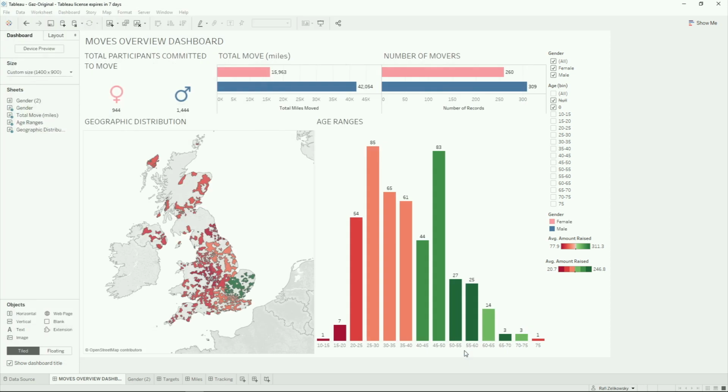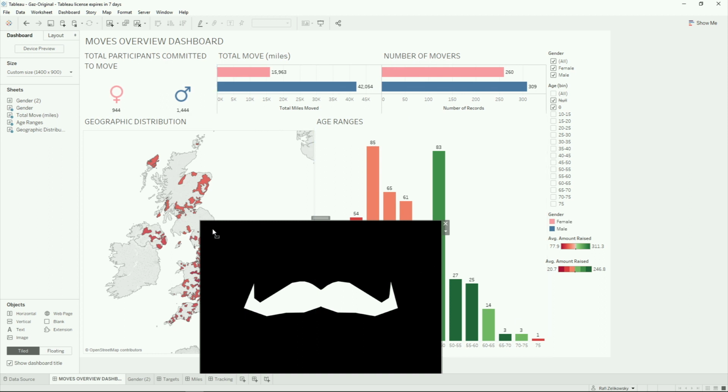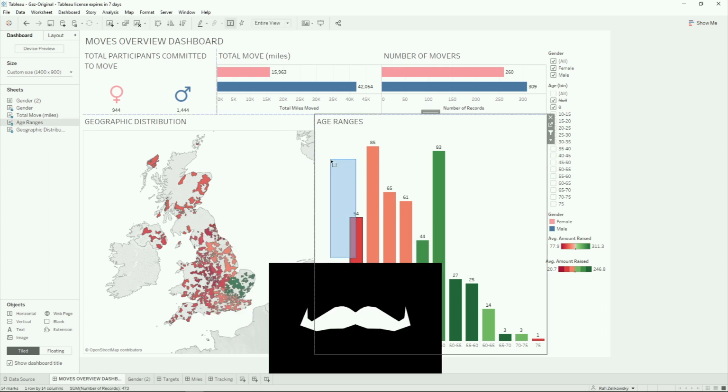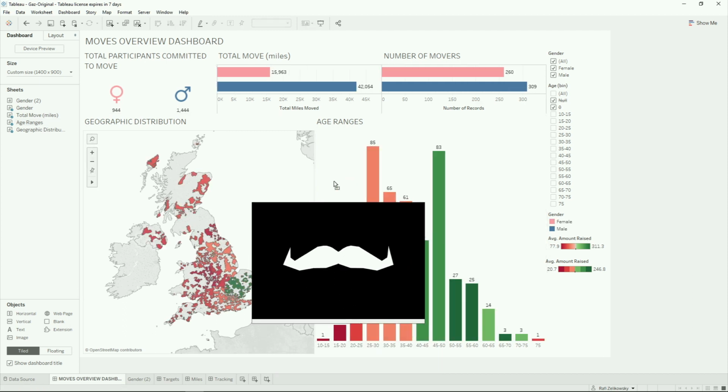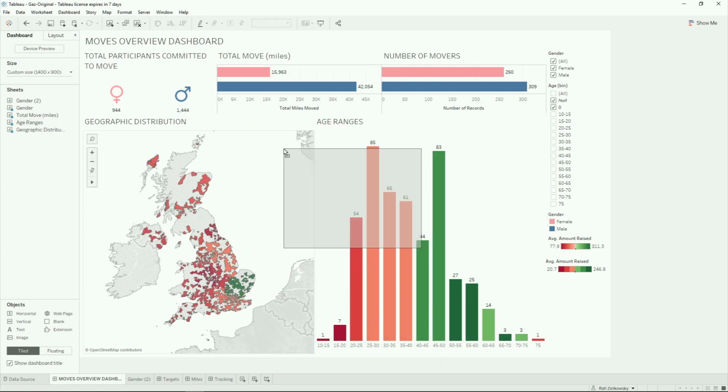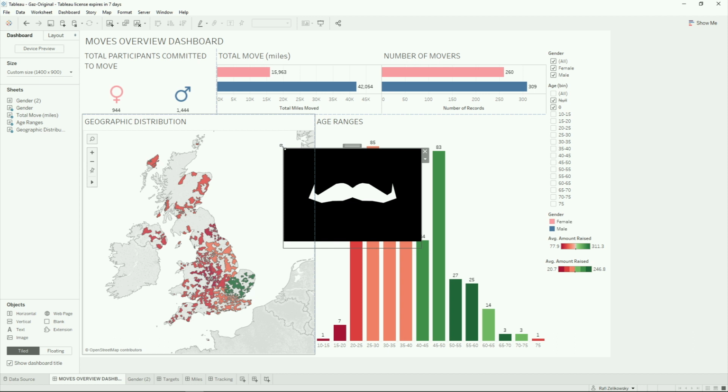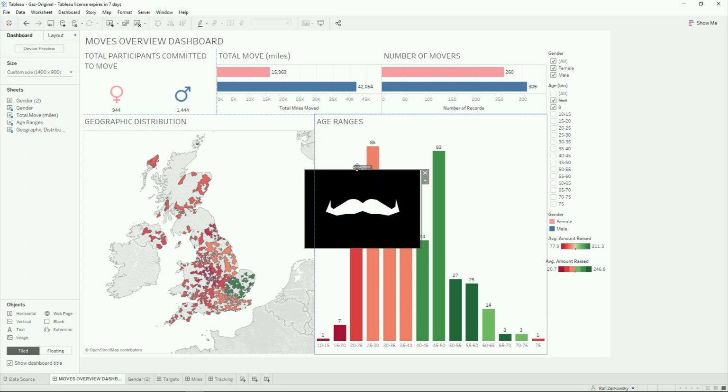In this case, I'm just going to choose a boring white one. And the reason that I bring this in as floating as well is due to the fact that you might not want to decide right away where this logo is going to go. So the design elements of the dashboard itself is one of the last things we're going to do. So I don't want to have to think about where it's going to go now and then potentially have to move items around later. So I'll just drop it kind of in the middle of my view.